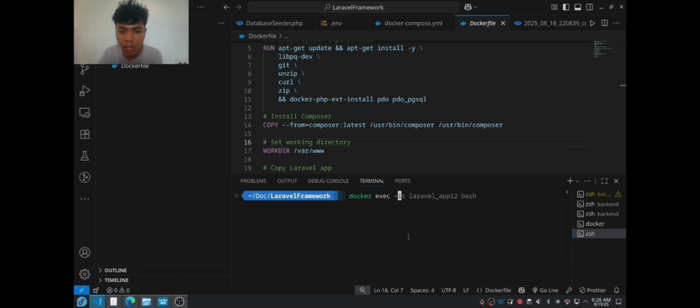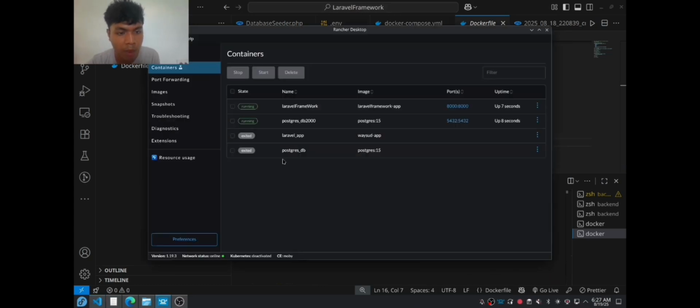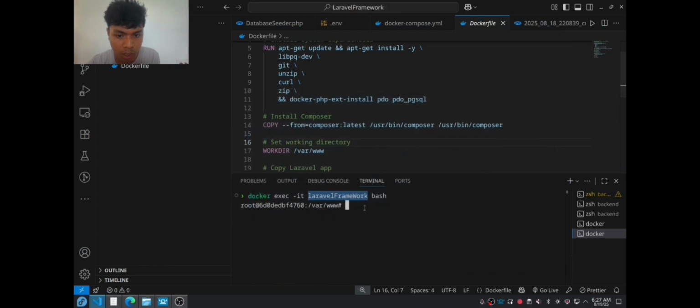Let's access the terminal of this Laravel. It's the name of it. So to access the framework inside the Docker, it's like docker exec -it, and the name of the framework, which is this, bash.